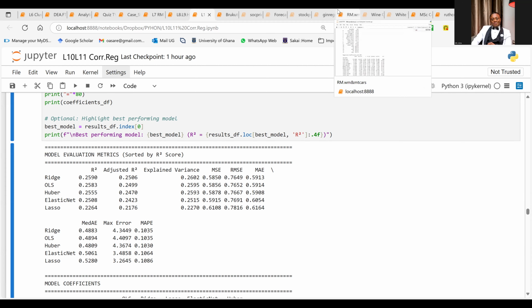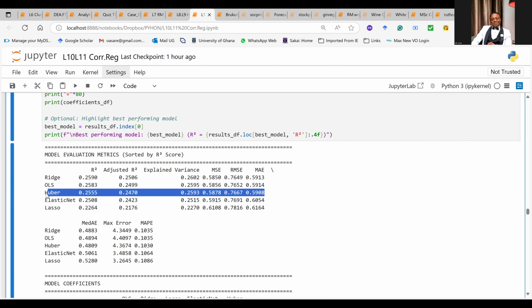See, life is not a straight line. And don't do lotto. Understand it. It's not Ridge. These are the things you discuss in your report. It's Huber. Exactly. If you check it, Huber is the smallest one. It's 5908. So based on the MAE, Huber is the best model.